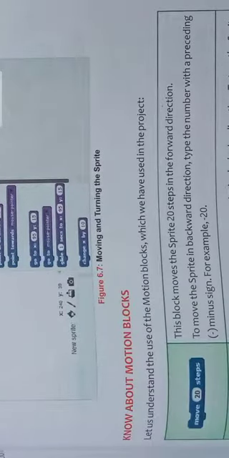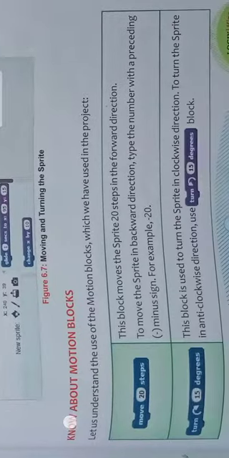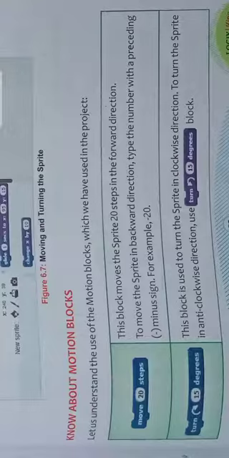You add all these actions in the script area, and you get all the execution very easily. The motion block menu is used for the action of that sprite.